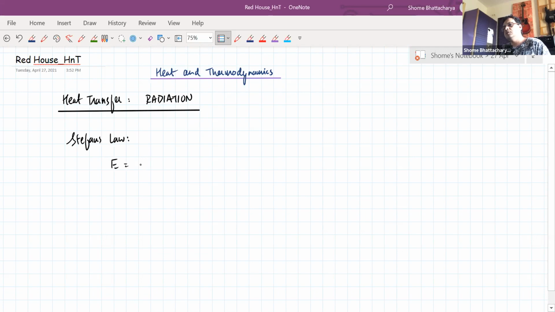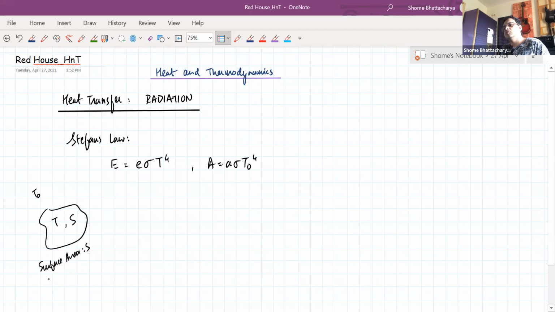The emissive power is given by this relation, and the absorptive power is given by this relation, where we have a surface at temperature T, and suppose its surface area is S, whereas the surrounding is at temperature T0. This is the surrounding temperature